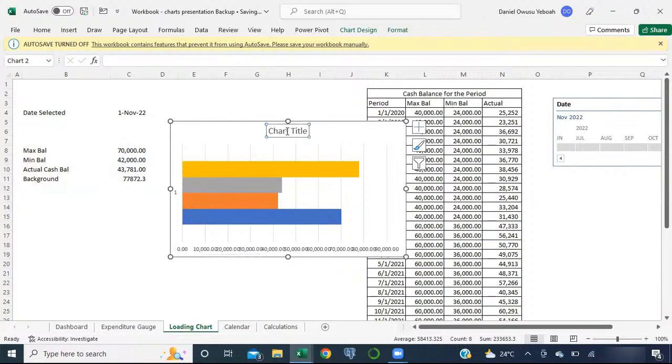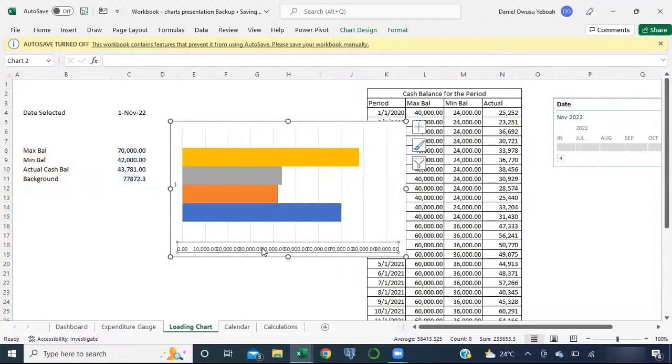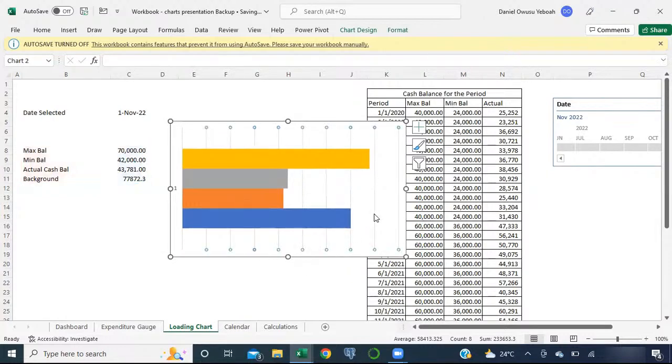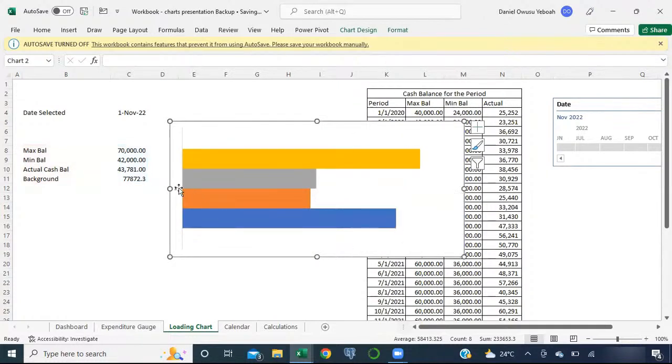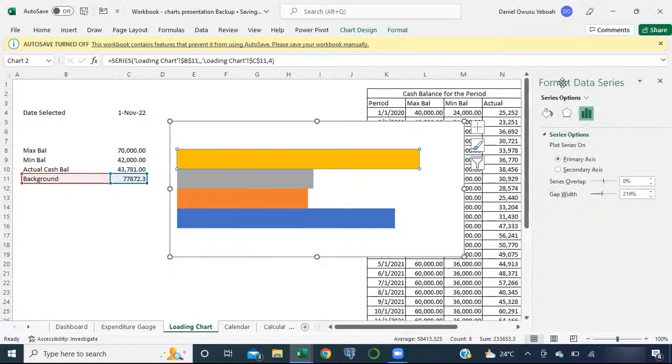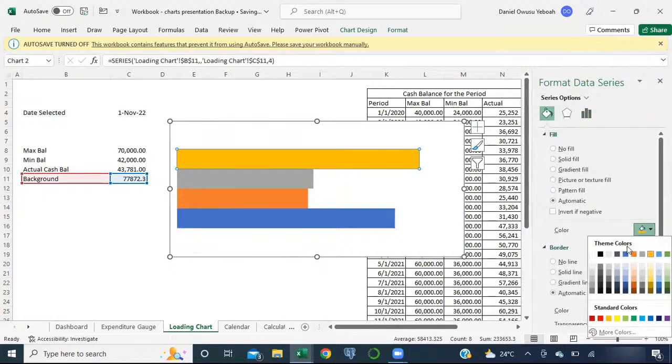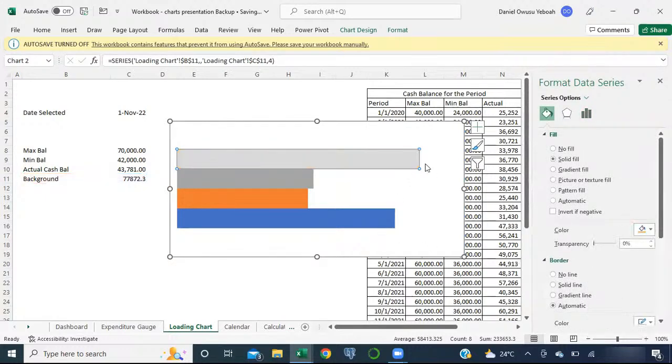So once we are done, we need to format our chart. So we're first going to take off the title, take off the label, take off the grid lines. Okay, so we have something like this. I'm going to take this off as well. And we have something like this. So what I'm going to do is to format this a little before I kind of rearrange them. So this is going to be my background. I'm going to give it an ash fill. So Control-1, fill,